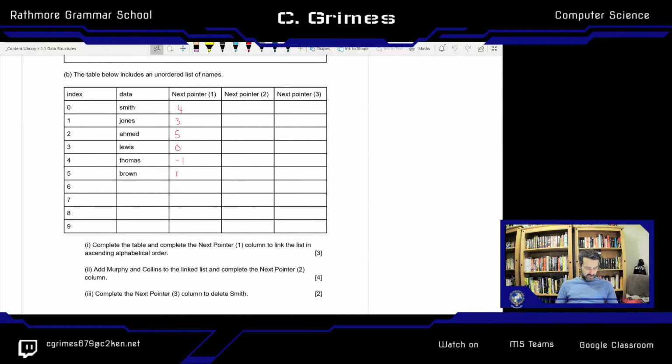So the next question asks to add Murphy and Collins. I'm going to do this one at a time so we can see the updates. So let's look at the algorithm for adding an element to a linked list. We said before that it's constant time. So we're going to add in